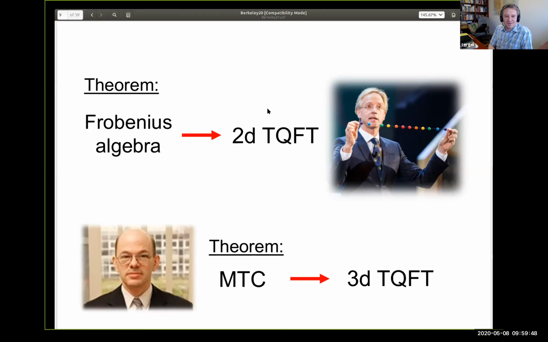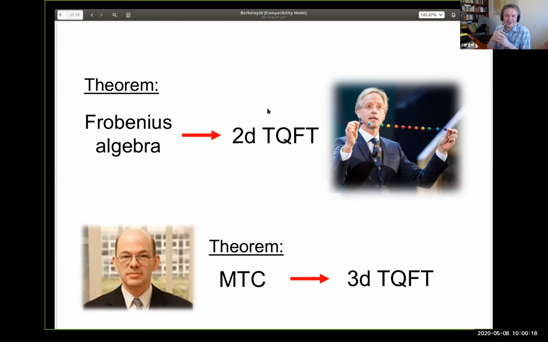For example, one fact, which is very popular, and until recently I even forgot the reference for it, I would just state as a folklore theorem that given a Frobenius algebra, you always get a two-dimensional TQFT attached to it simply by thinking about the product in a Frobenius algebra as something that a TQFT should associate to a pair of pants. Because if you think about a TQFT as a functor in the two-dimensional setting, everything comes from or is built